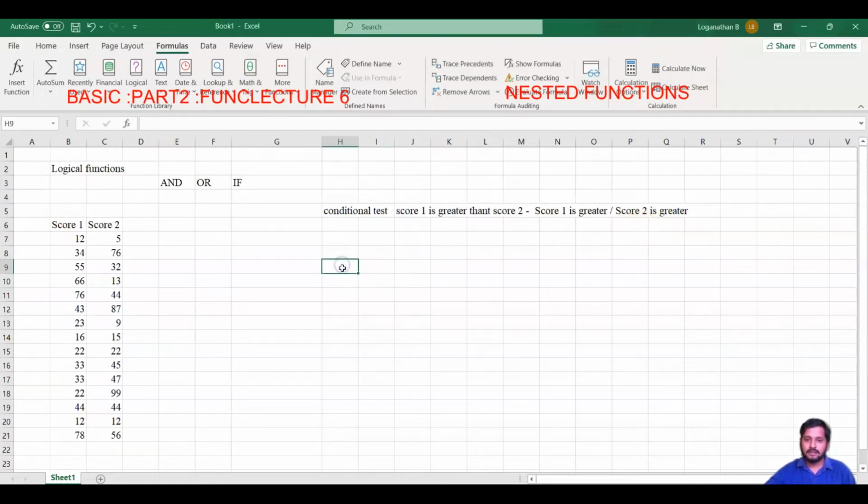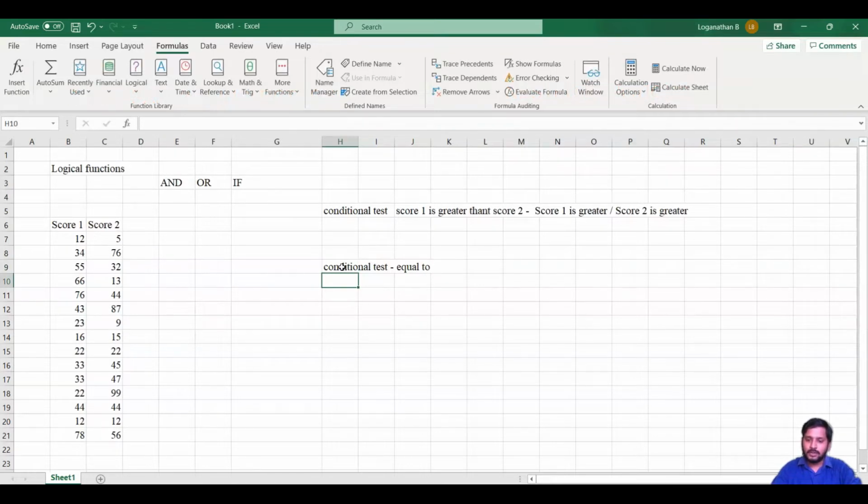Now, in this condition, we do a 3 condition test. We'll be adding an extra conditional test, which is nothing but equal to. So we'll be doing the equal to condition. Let us get into the